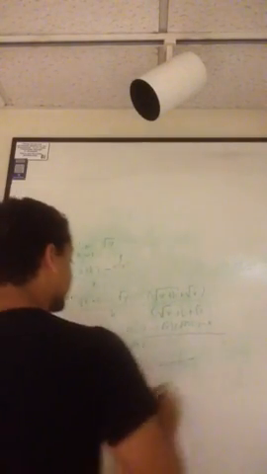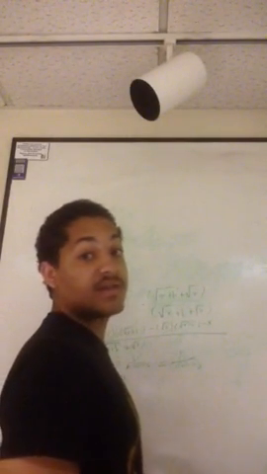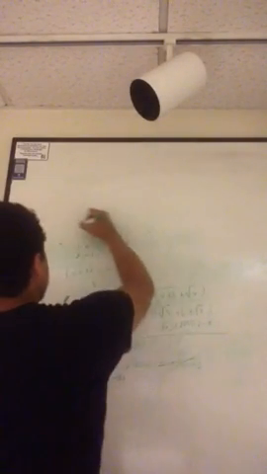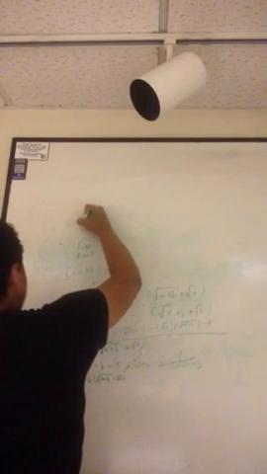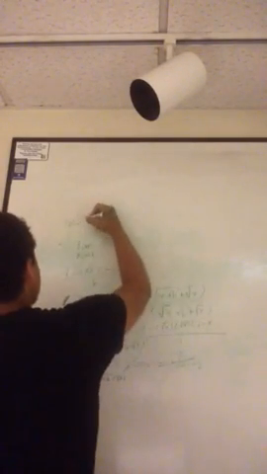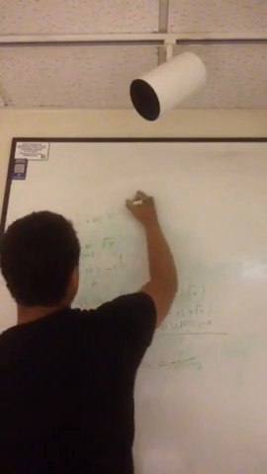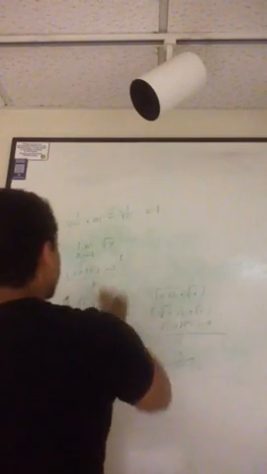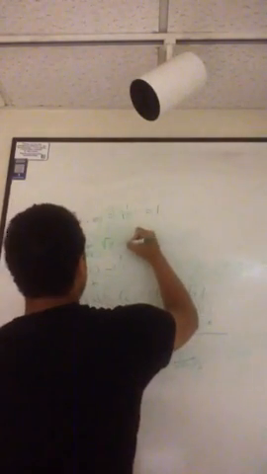Now, in order to completely solve this problem, we fill in the bottom of the fraction. We get 1 over the square root of 1 plus 0, because our h is equal to 0, plus the square root of 1. Sorry, the square root of 1 plus 0 is simply 1. So we get 1 over the square root of 1, which is also equal to 1. So our derivative of the limit as x approaches 1 of the square root of x is also equal to